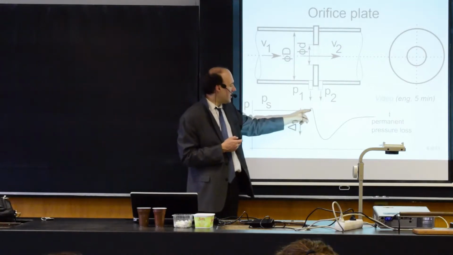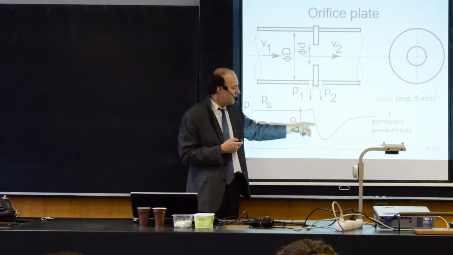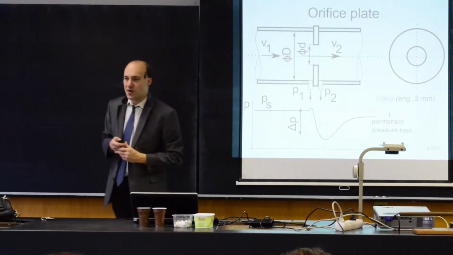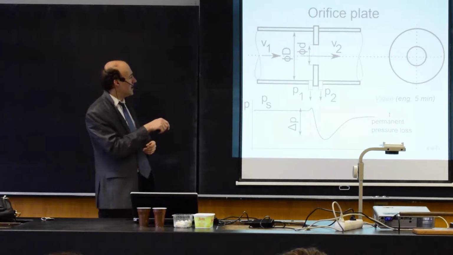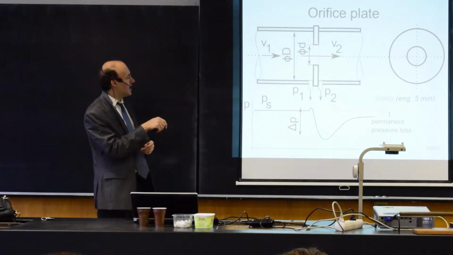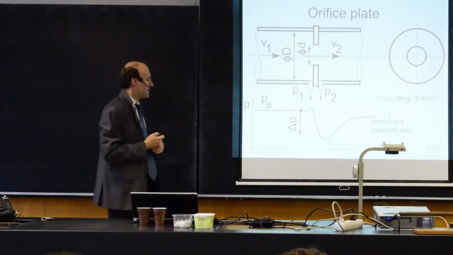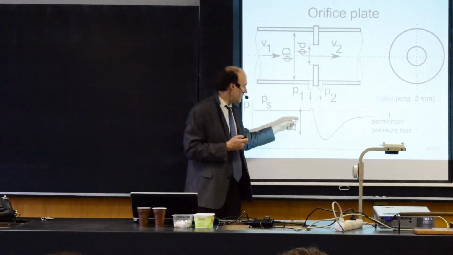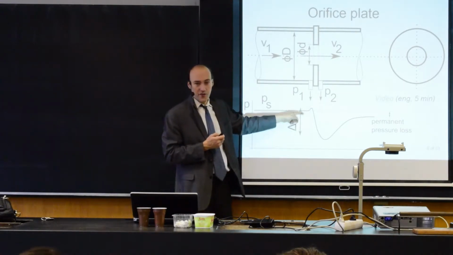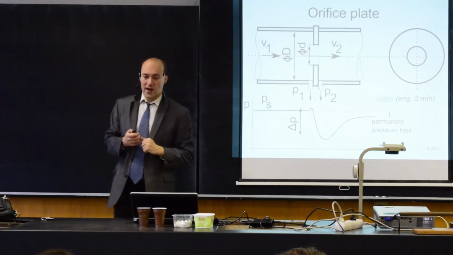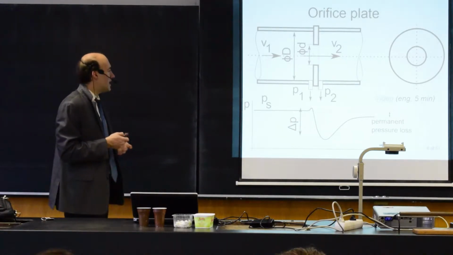And then behind the orifice plate, you will have a sudden drop of pressure because, as it follows from the Bernoulli equation, if you are decreasing this diameter, you are forcing the liquid to go faster. And if you look at the pressure difference, from this pressure difference, you may calculate what is the flow rate of this